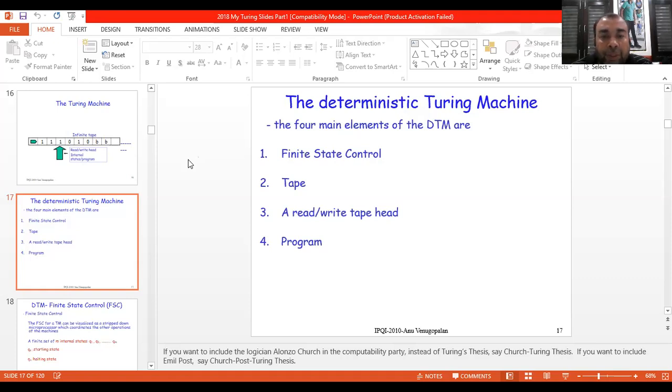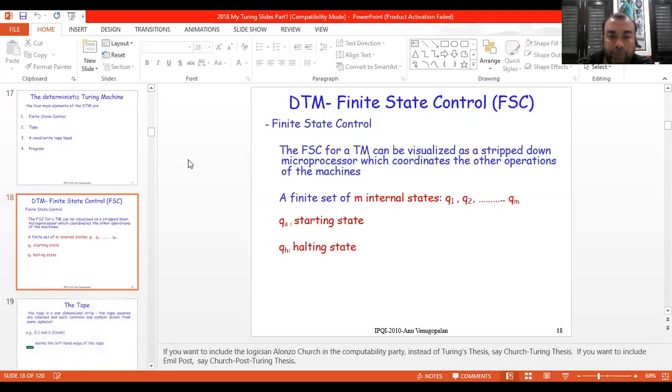Okay, so the deterministic Turing machine has a finite state control. It means the machine moves to the next step, then there is a read write pointer or head, and there is a program. Program means transitions, on the basis of which the finite state control is going to change. So this machine may switch to Q1, Q0; here QS has been shown as the starting state. We generally write it as Q0. Okay, QH is the halting state, where the machine halts.